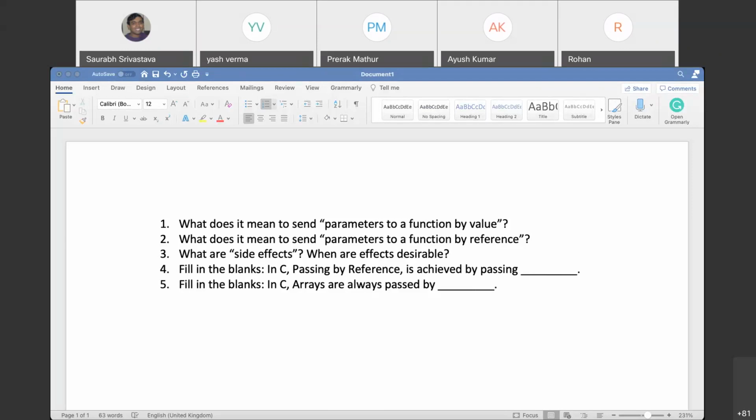The difference is that for the variable you are creating in the called function, if you are just planning to use it with array subscript, arr[i] kind of thing, then it doesn't matter whether you declare it as int asterisk arr or int arr square brackets. But if you are planning to do pointer arithmetic over it, if you want to do arr plus plus, then it has to be int asterisk arr.